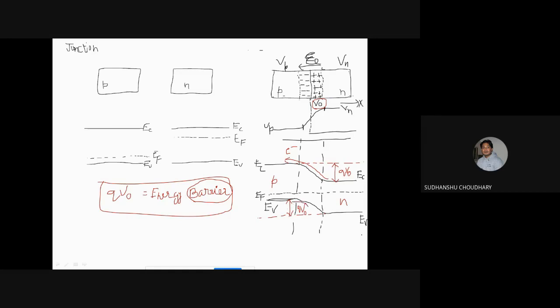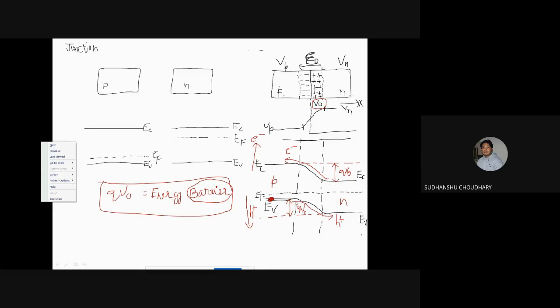Okay, so they were diffusing P to N. So this will prevent the diffusion of holes from the P-type region to the N region. Because sometime back we had commented, if you remember, that electron energy increases as you move above the conduction band edge, and the hole energy increases as you move down the valence band edge. So that obviously means holes have lower energy at this point. And if they want to cross this barrier, they'll have to obtain energy equal to QV naught or more than that. Then only they cross this barrier.